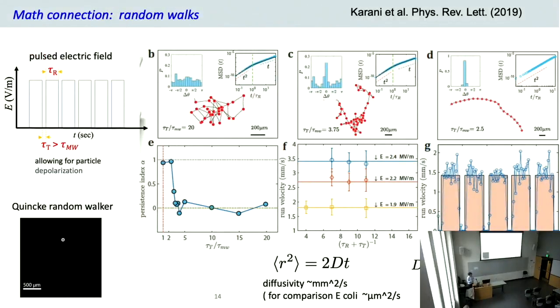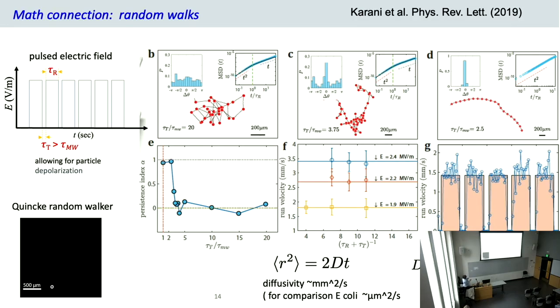The answer is yes. You can take advantage of the fact that the direction of rolling is randomly chosen upon application of the field. So if you imagine you turn the field on, your particle starts rolling. You turn the field off, the particle stops. When you turn the field on again, the particle is free to choose a completely new direction. And if you keep doing this on and on, you end up with your particle executing a random walk.